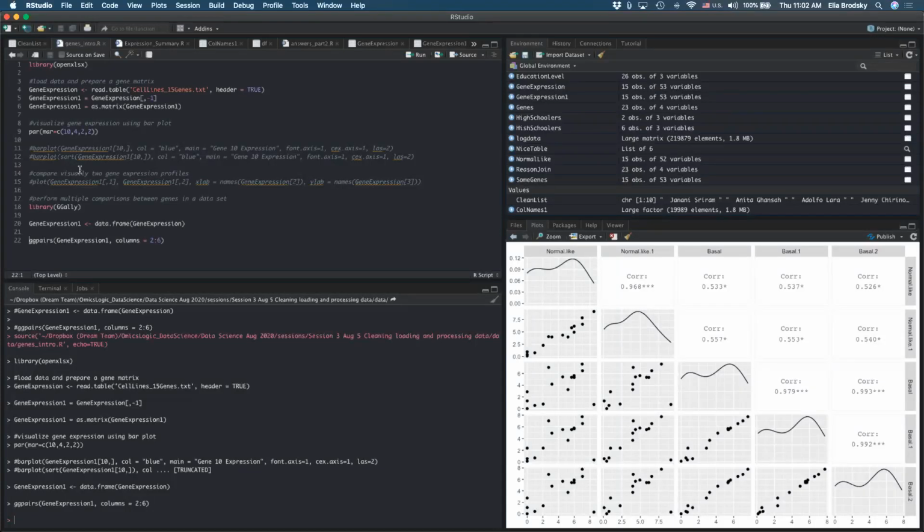But later on, if you start working with bigger data sets, you gotta have an environment where you can actually handle that amount of data. So how many of you have your RStudio open already? Okay, so Janani seems to be the only one.